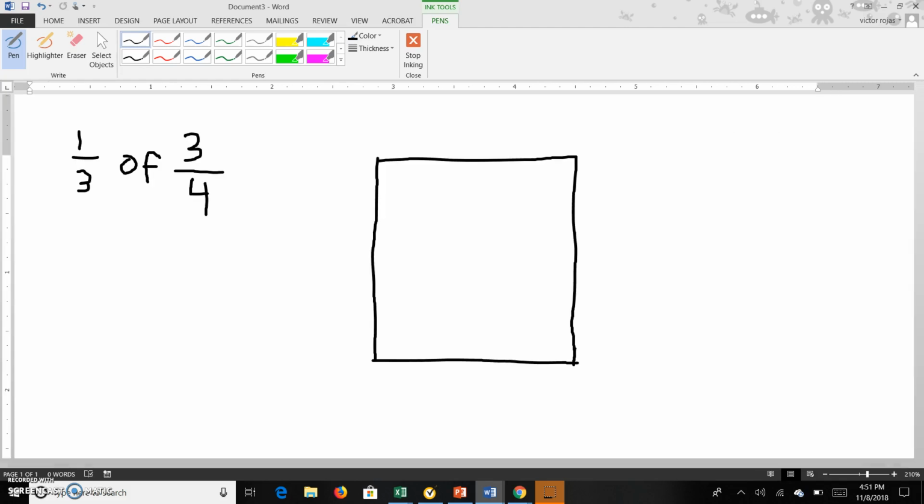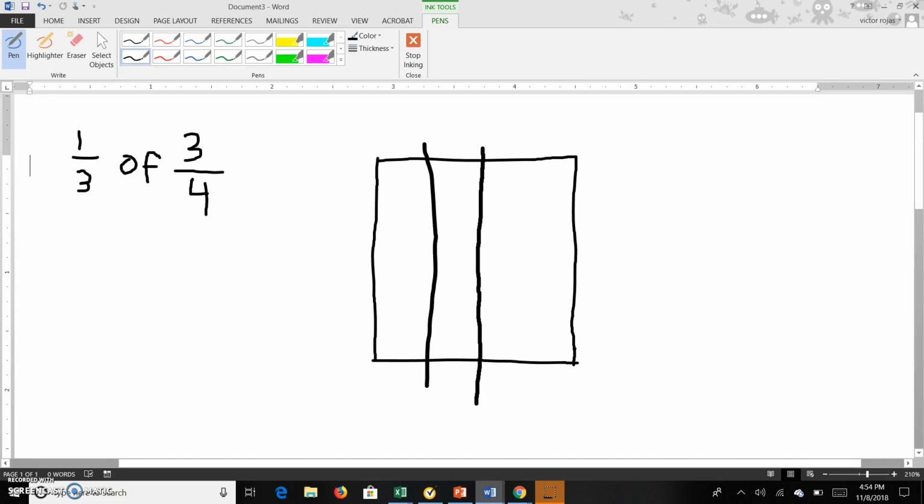Now we will solve this problem using a pictorial model. We will solve this problem using an area model. We will begin by partitioning the whole into 4 equal parts. 1, 2, 3, 4. We begin to shade in 3/4,